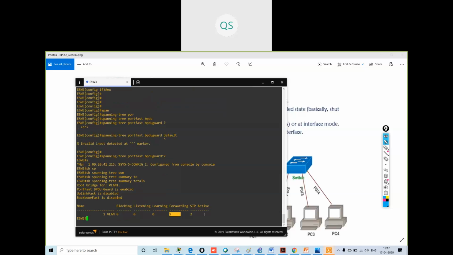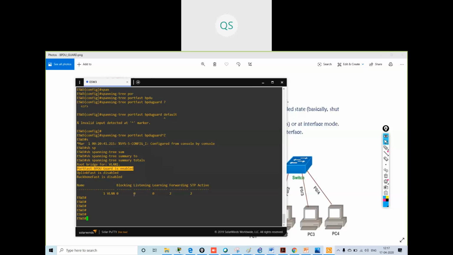It shows 2 forwarding, 2 disabled, uplink fast is disabled, backbone fast is disabled, portfast BPDU guard is enabled. See, portfast BPDU guard is enabled, yet it is still not going into error disable. I have to troubleshoot this. What is the issue with the layer 3 switch?